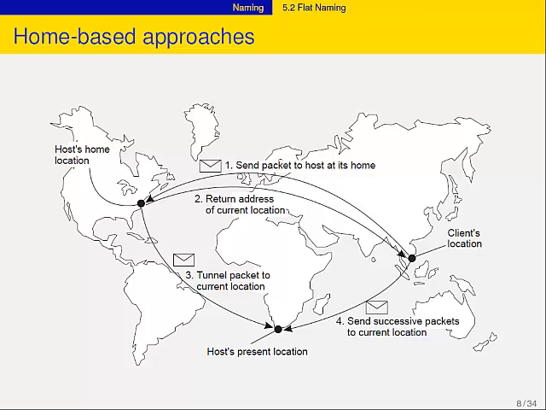The interesting thing about the scheme is that to me as a client or to me as a receiver, it's very much transparent how my packet actually crossed the whole world. The second thing, I'll come to you in just a minute, the second thing that the home server does is tell the client he's not here, he's over there. And over there means he provides the address of the foreign agent. So from that moment on, my system software, and yes, it can be middleware, will take all the packets that come in from the application, put it into an IP packet with now the address of the foreign agent, and forward directly to the foreign agent. Okay? Completely transparent to the application.